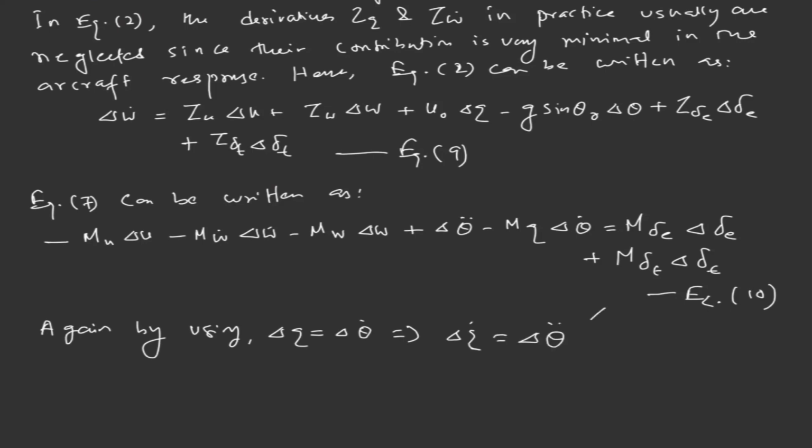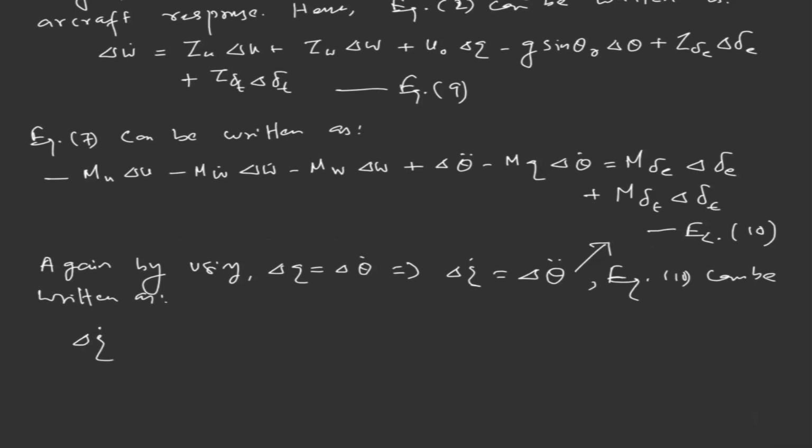And incorporating this in equation 10, it can be written as delta q dot equal to mu delta u plus mw dot delta w dot